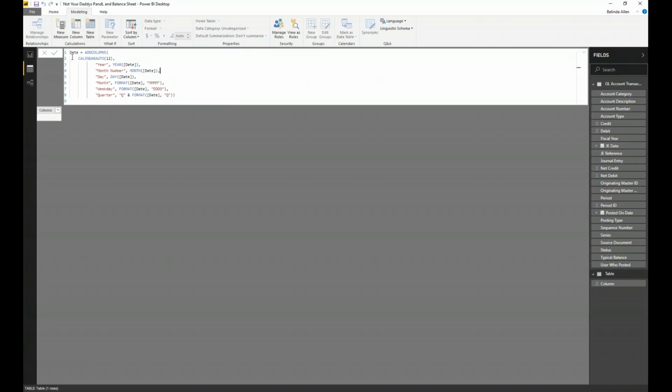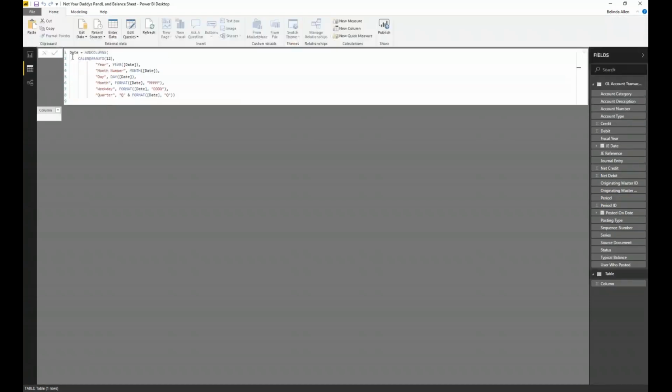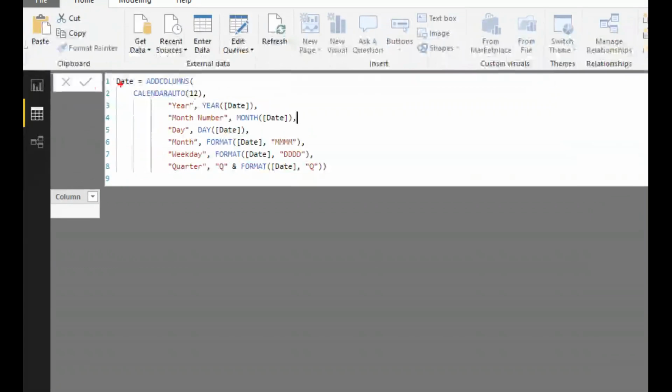and let me get rid of that little indexing there. So I'm creating a date table. There we go, I was trying to zoom. Okay, so I've got my date. I'm telling it, in this particular table, to add columns, and I'm saying create the calendar automatically. Now what this 12 indicates is if you're in a fiscal year, you could define what the last period of your fiscal year is, and that way it'll know what year to date would be.